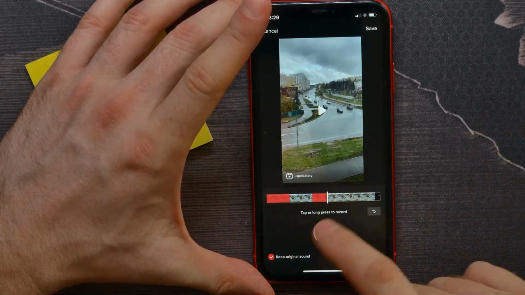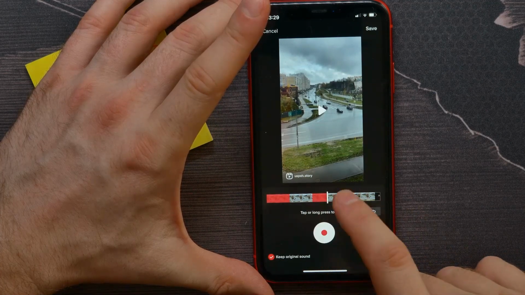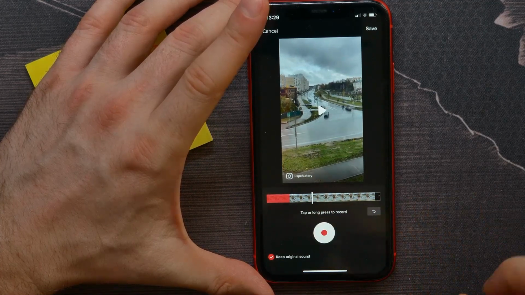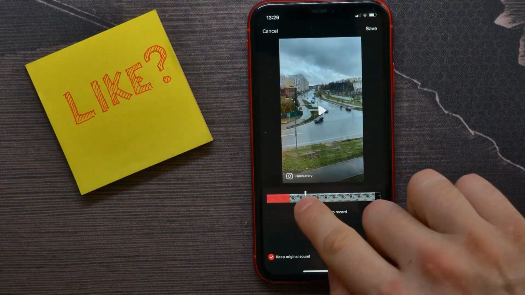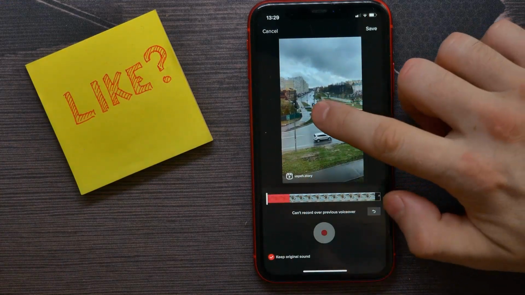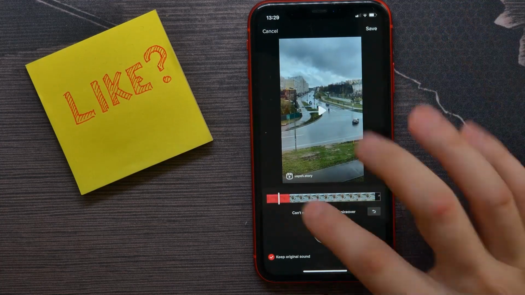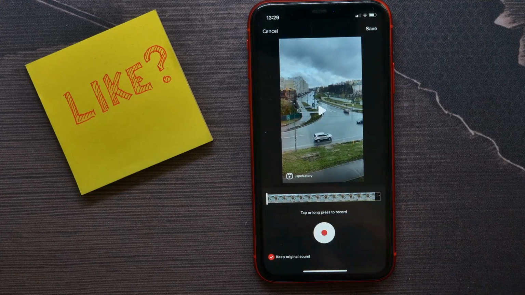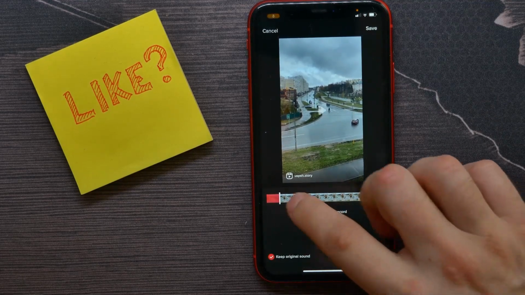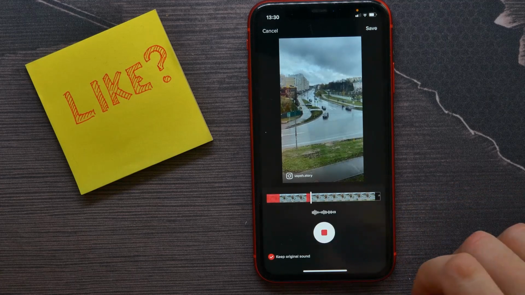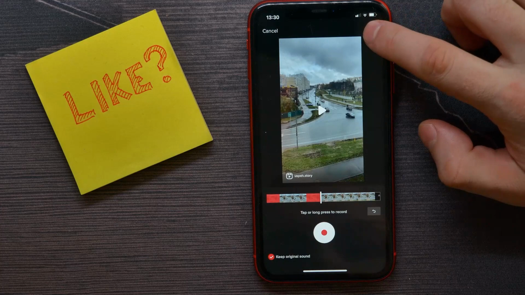If you don't like how it turns out, you can undo the last fragment of the voiceover and record it again. You can listen to your fragment, you can tap there on the play icon, and here you can listen to your voiceover, and if you don't like it you can tap on undo. So now you can continue creating your voiceover, and when you're done you hit stop recording, you hit on